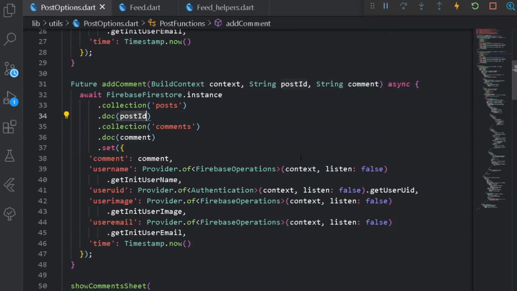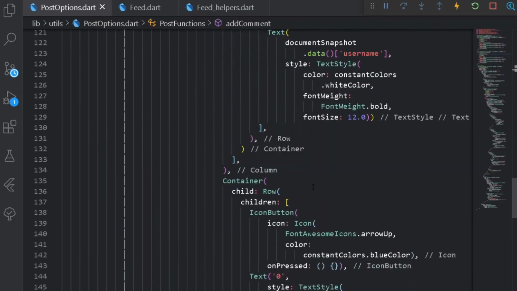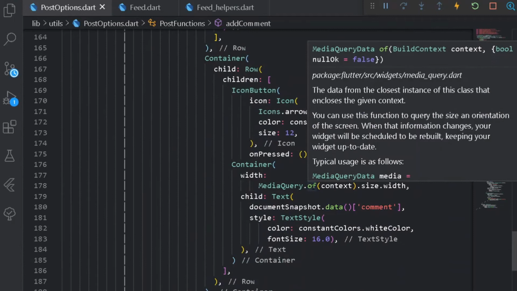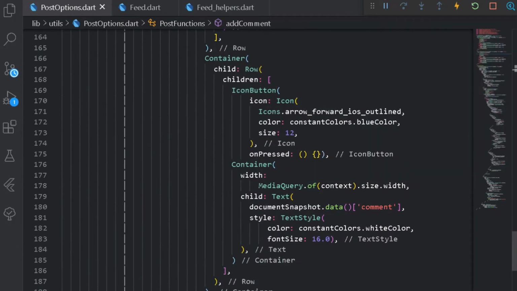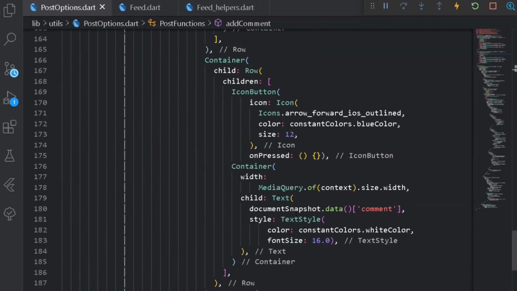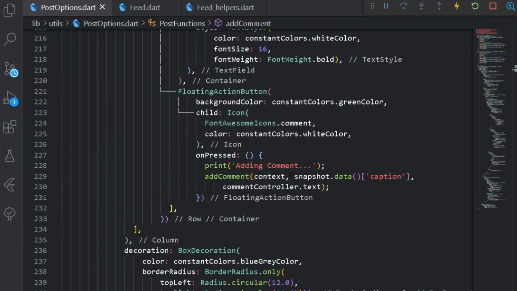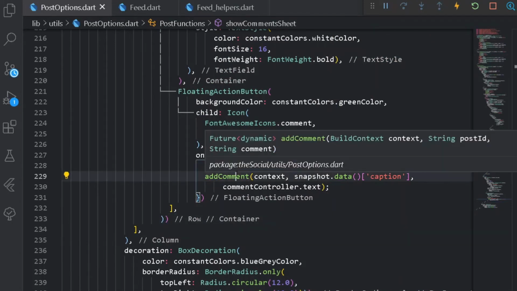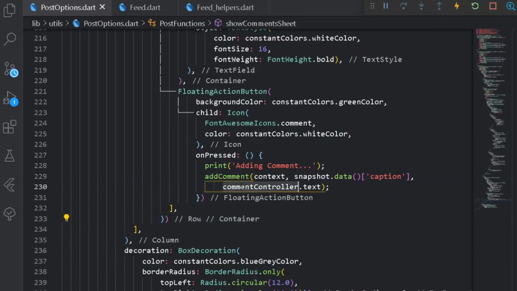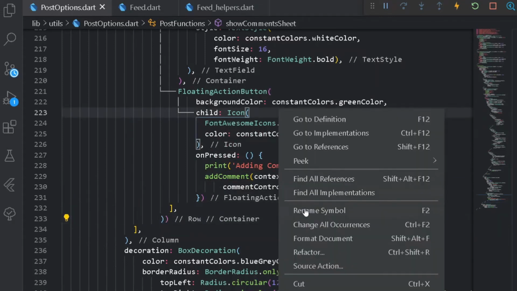For post ID we are adding a post ID of the following caption, that is a caption ID. If you observe our Cloud Firestore under our post, it has a post ID to be the caption ID itself. So here under the following method of add comment, we are adding the following data under caption, and after that it will be taking a unique comment, and for that comment I am taking the comment controller.text, which will be unique itself.